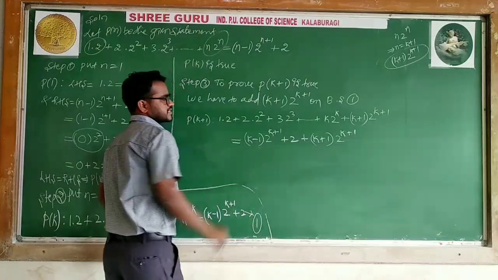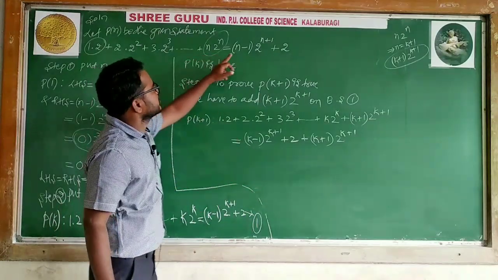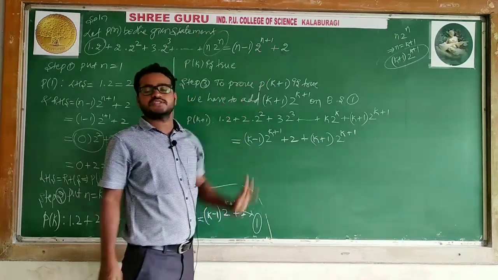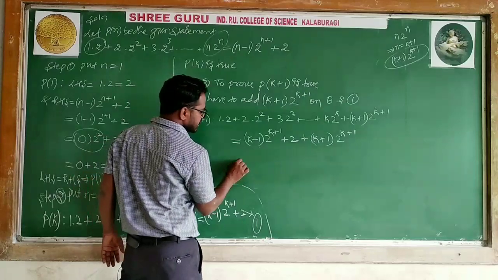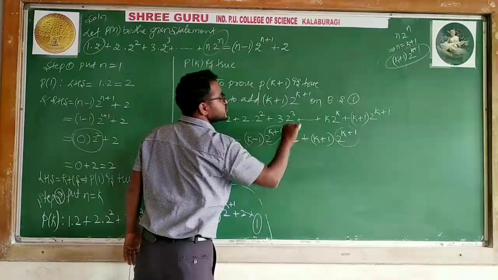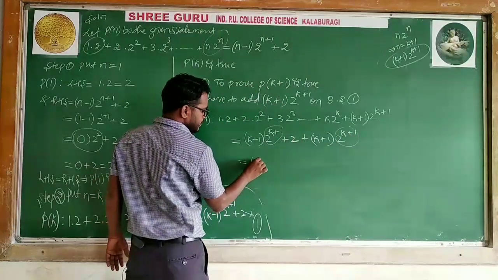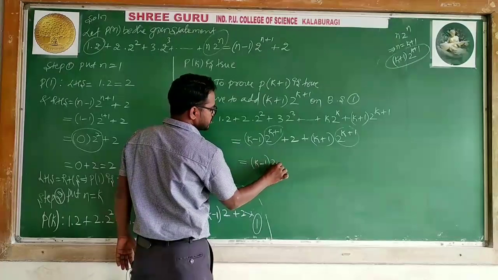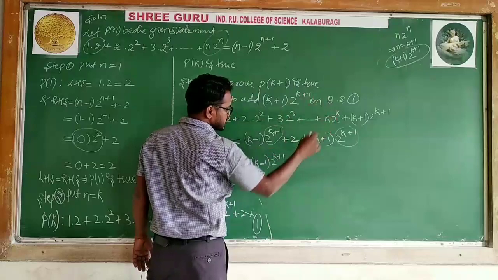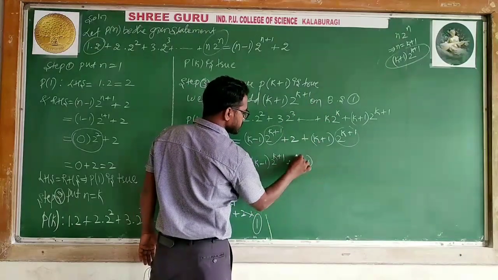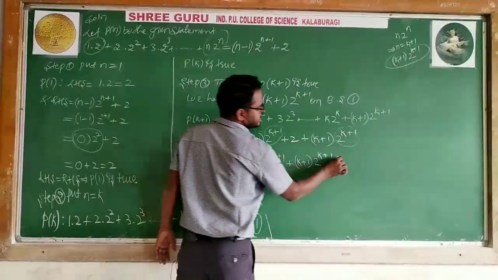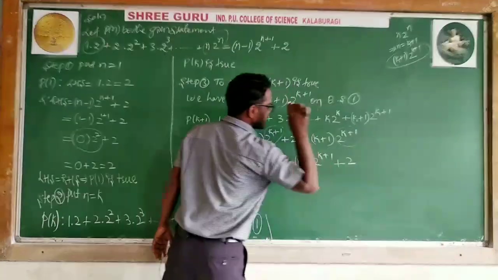Now we have to simplify this, and try to express it in the form of n minus 1, 2 to the power n plus 1, plus 2, where n is k plus 1. For that reason I will collect the 2 to the power k plus 1 terms on one side. This I will take, plus 2 last. k minus 1, this 2 to the power k plus 1 I will keep here. Plus, instead of writing this 2, I will write 2 last. k plus 1, 2 to the power k plus 1. Instead of writing plus 2 in the second term, I will write it at the end; I kept the plus 2.